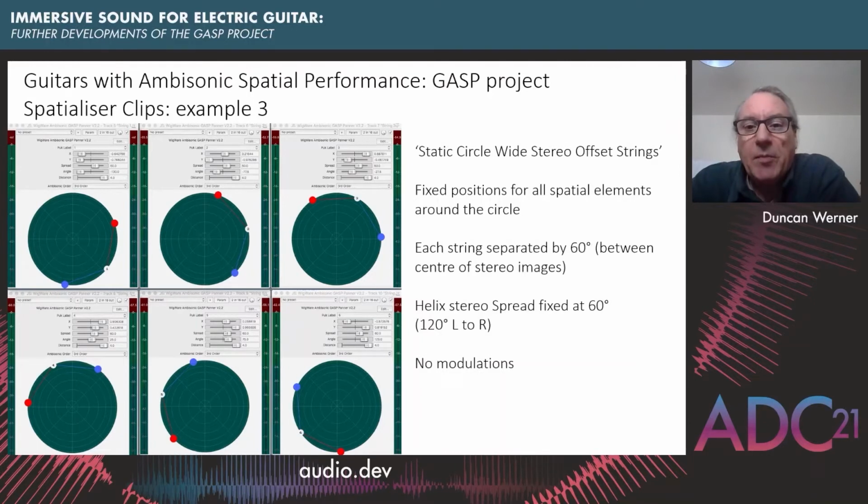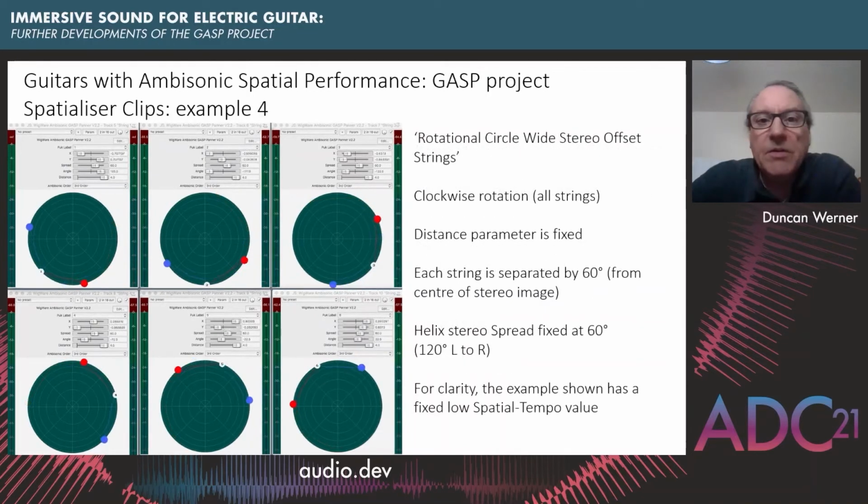Spatialiser clips example 3. This shows another fixed position clip, and here the stereo spread on each string is wide, such that each string's stereo image is almost in its own space. Spatialiser clips example 4. This introduces rotational movement to the previous clip, which has wide spatial imaging. Again, for clarity, this is shown at a low